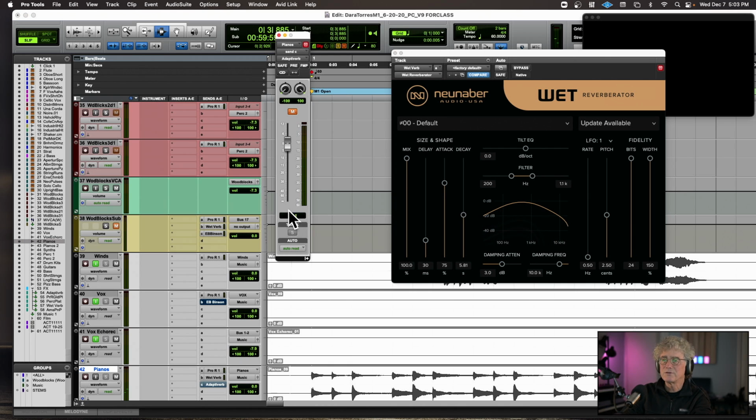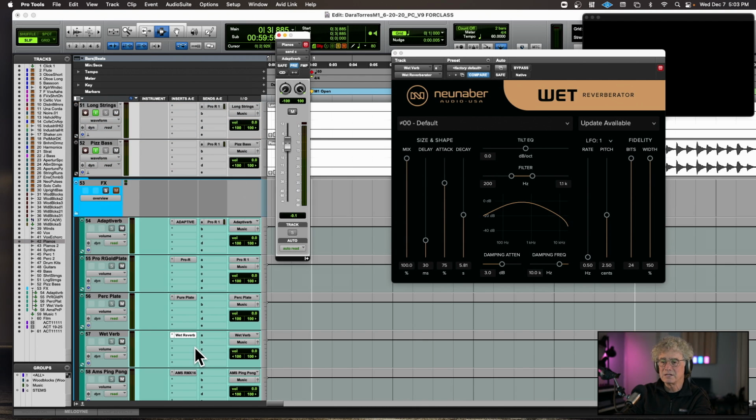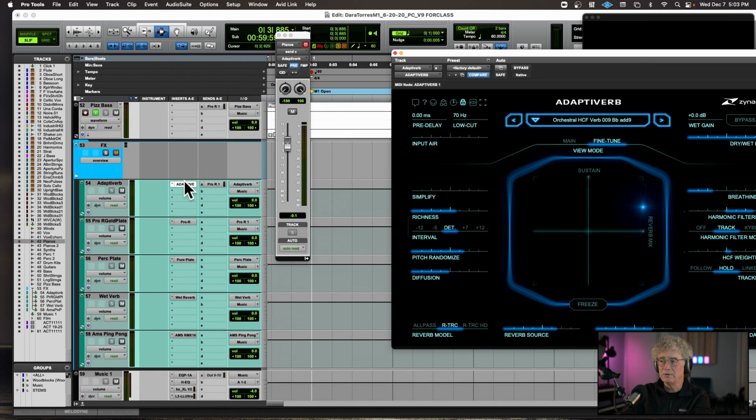And then the next reverb that I used is something called Adaptiverb. And what this does, this is an incredible reverb, but it's very expensive and it's very CPU heavy. So much CPU, and it creates a lot of latency. So much so, yeah, Black Hole, right? Yeah, Black Hole is great. I have that from Eventide.